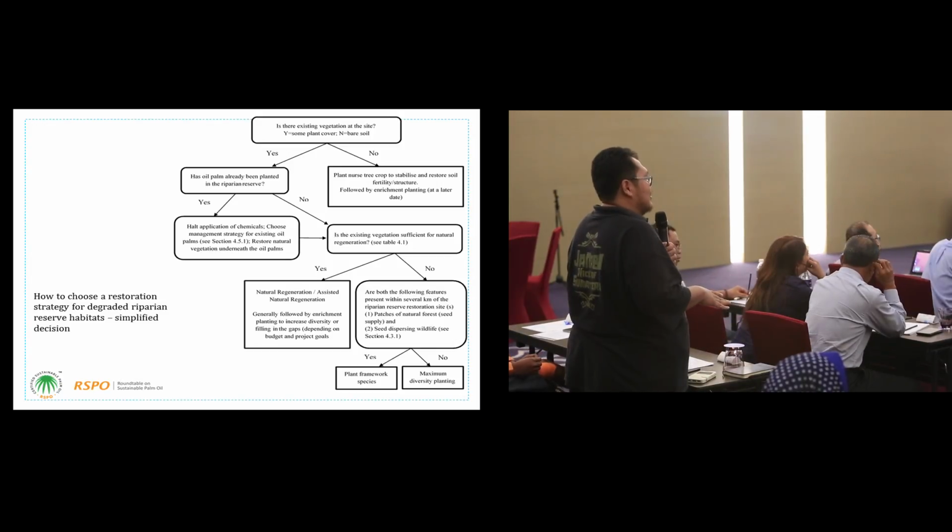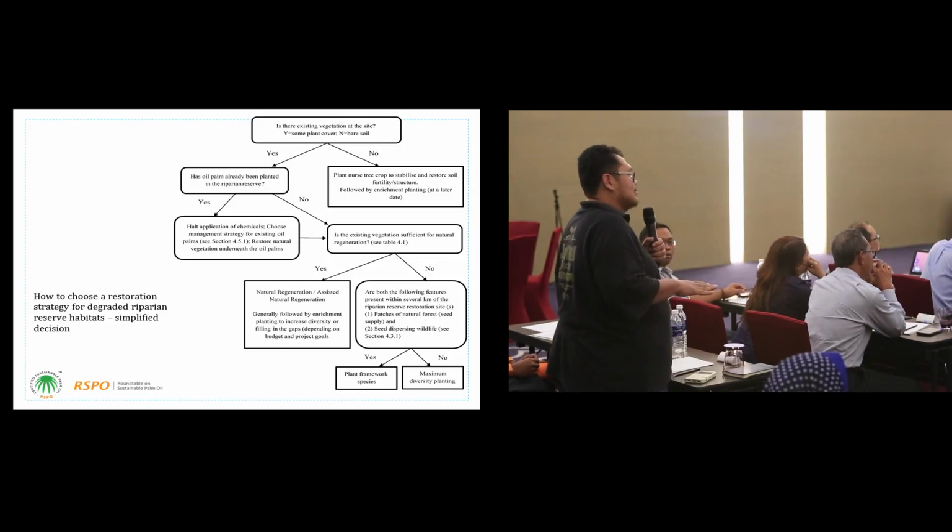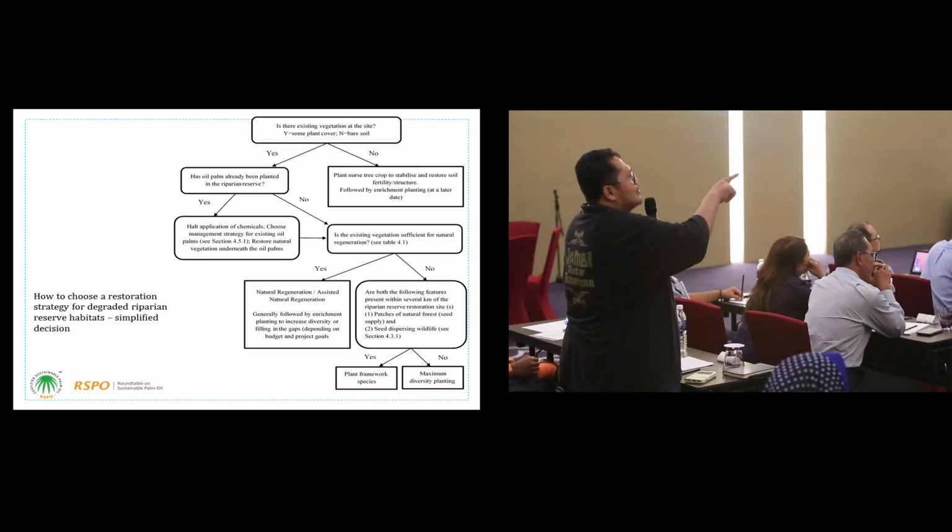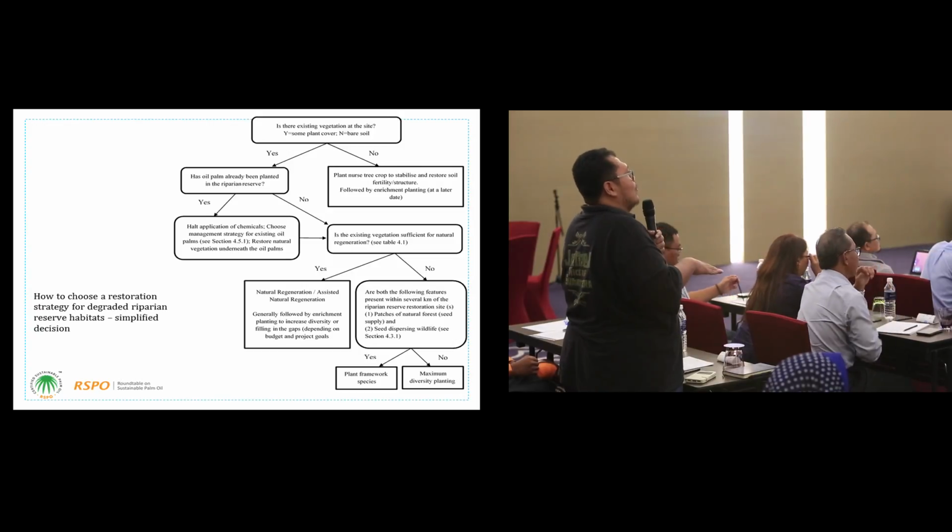The end result is good for the eyes, so everything is green, but actually this is like the calm before the storm, because once the cover crop covers all the riparian area, it will reach its climax stage, and there will be no way of planting trees there, or if there is a way, it will be really, really expensive. And the way that this graph is done is saying whether there is some plant cover in the area or bare soil.